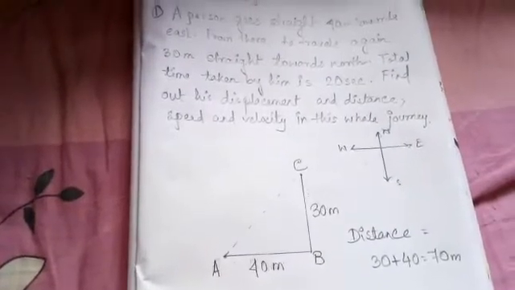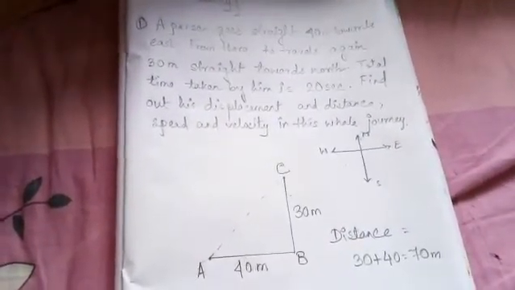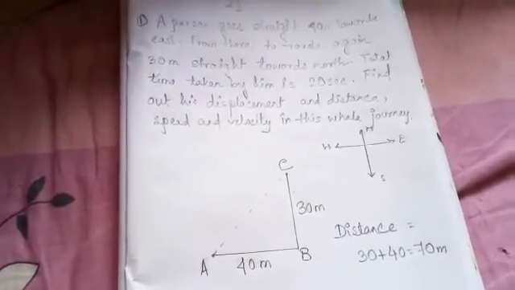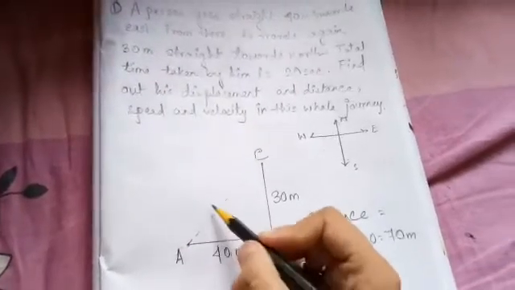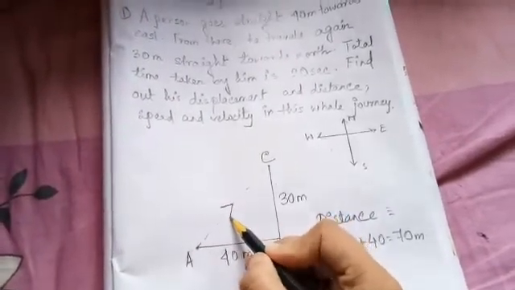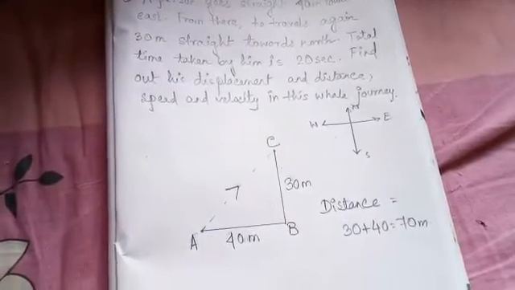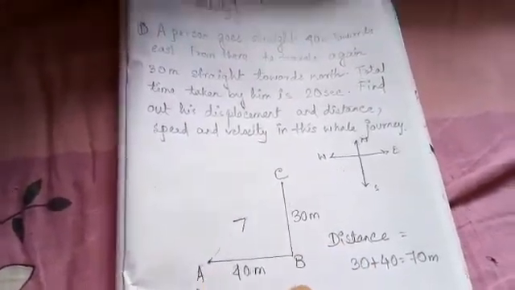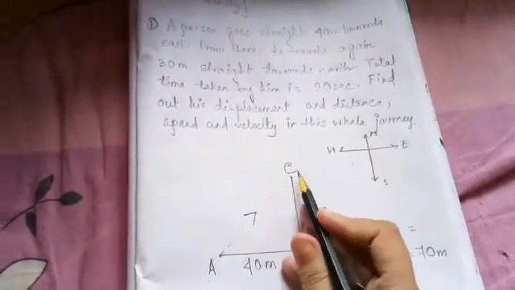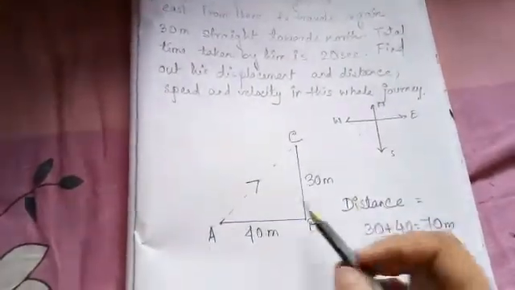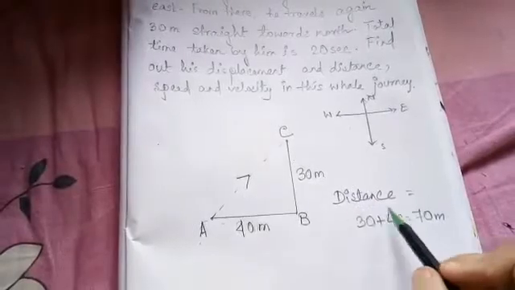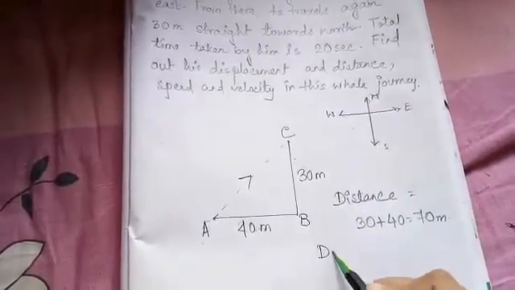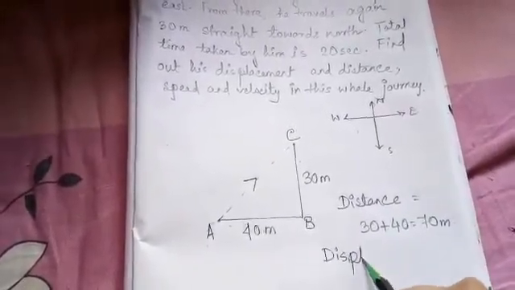And you know displacement is a vector quantity, so it has value and the direction as well. So I am putting an arrow and showing it is the direction of the displacement from starting point to ending point. Okay, now what is the displacement? How to find out the displacement?